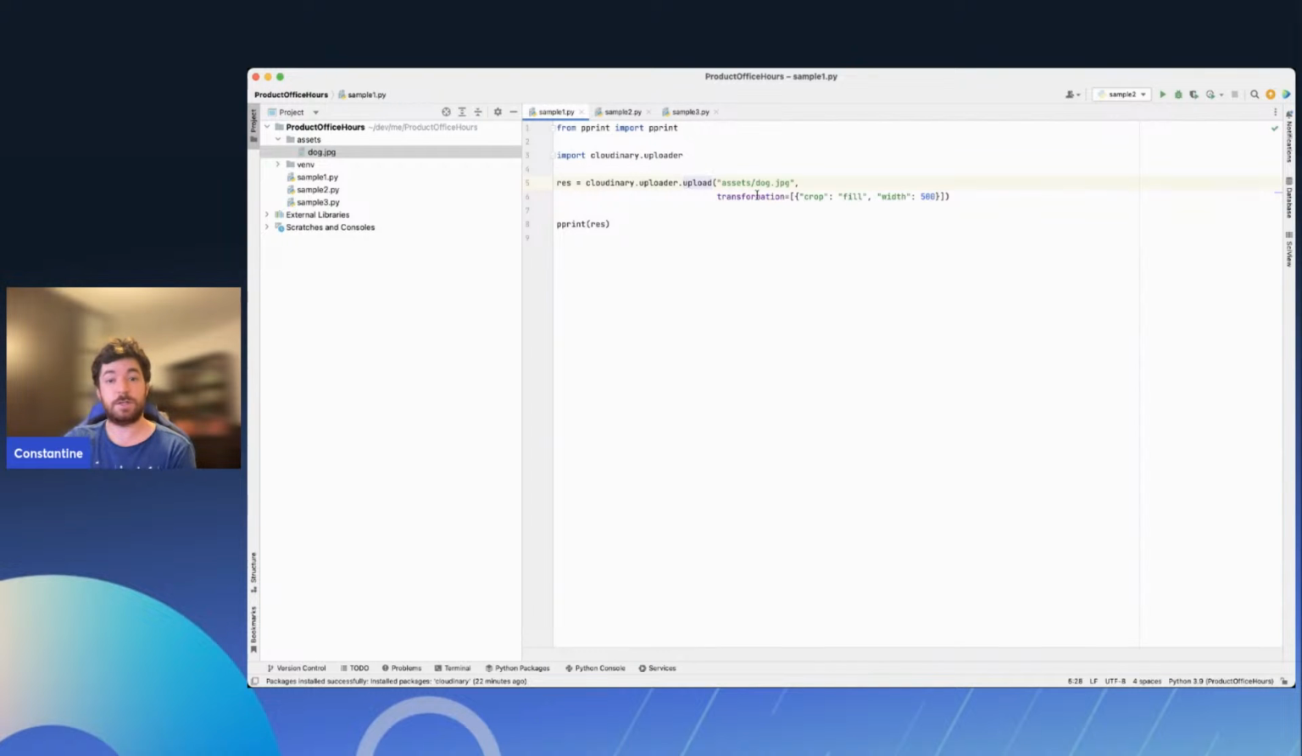So what we have here is called the incoming transformations. You just specify if you want to reduce the size of this image. So I want to just make it width 500. And that's it. You just specify the way of making it smaller and provide the file name. So if we run the sample,